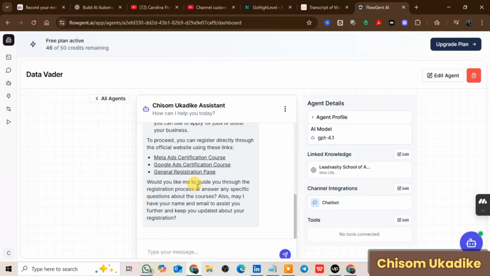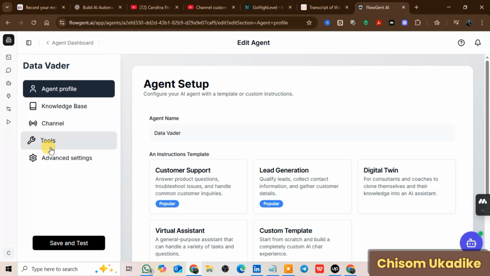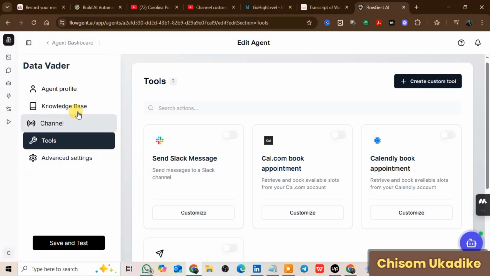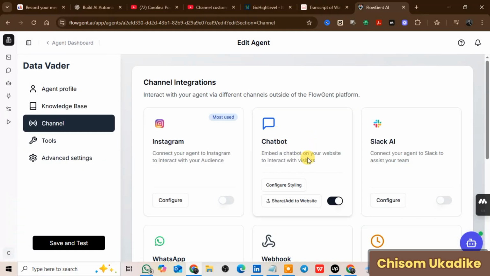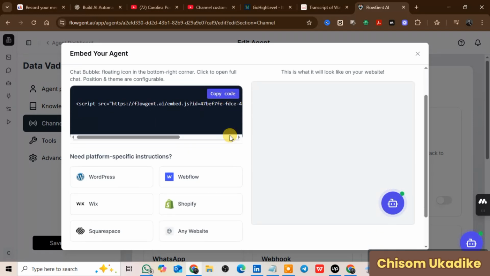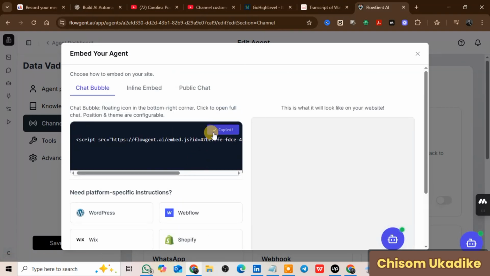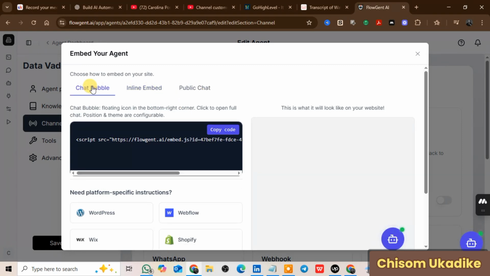So after you are done with your AI agent and you see that it's now working the way you want it to work, just come over to the channel, to the chatbot you clicked on, and now click on share or add to website. This is where you now copy the link, copy the code, the URL code. When you copy it, you can now embed it on your website or anywhere you want it to be working, but mostly on your